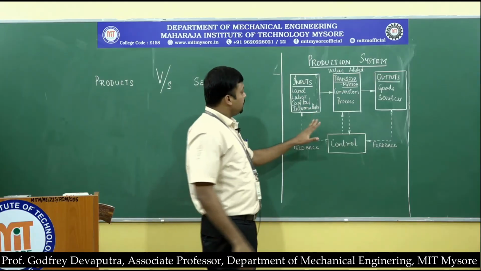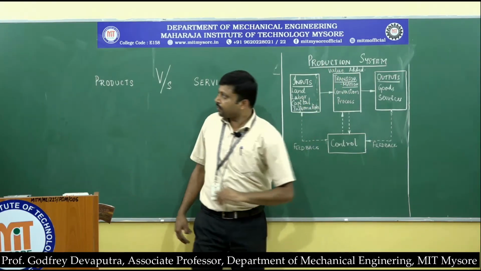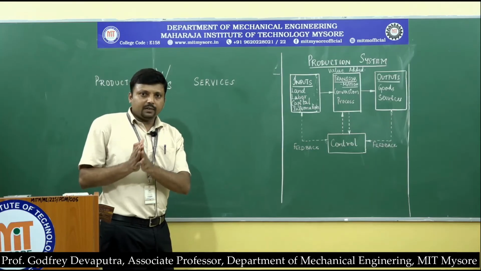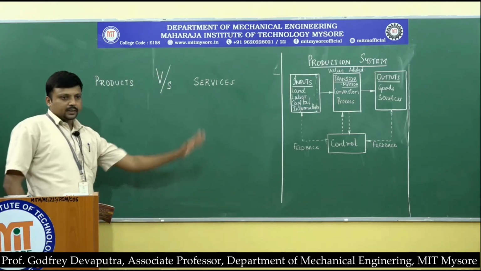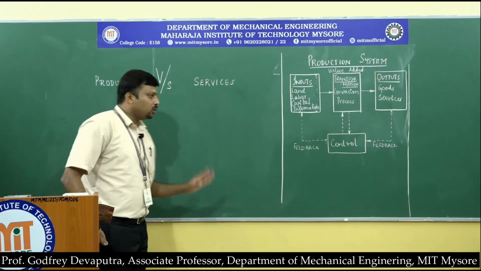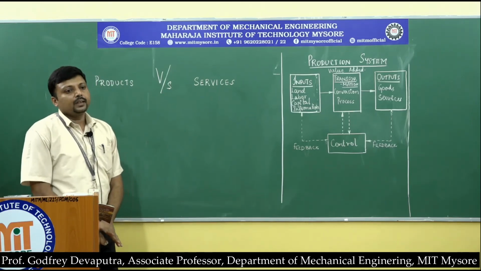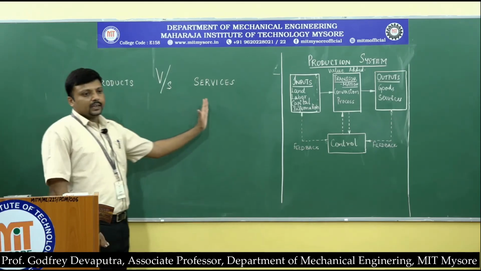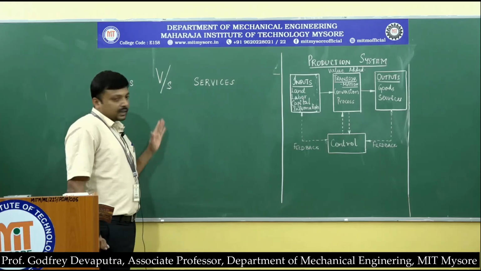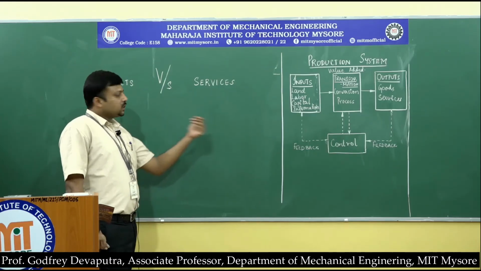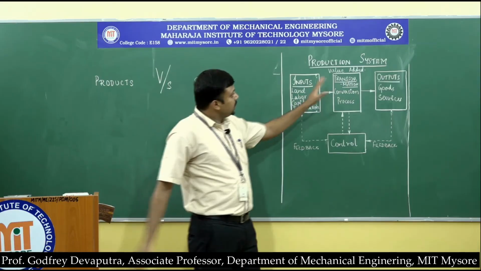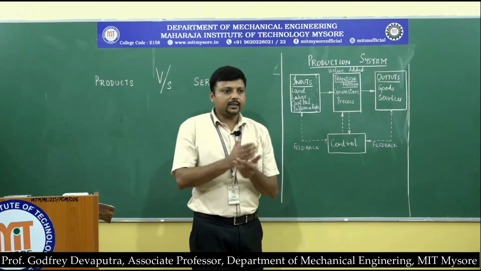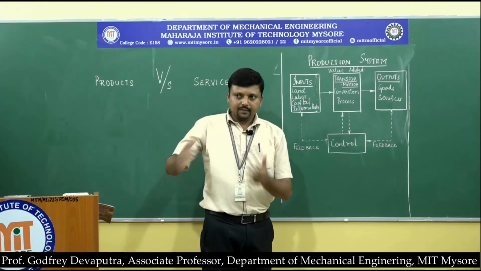Now, coming back to the production system, I can also say that this production system is applicable for both goods as well as for services. Regardless of whether we are producing goods or services, the operation management function holds good in both the cases, and it is the same. The manner in which the absolute performance of an operations manager may vary in terms of its day-to-day activities, but overall, the fundamental definition holds good in both the cases. So here, I need not call it a production system. I am speaking about production system, both in terms of producing goods as well as services.